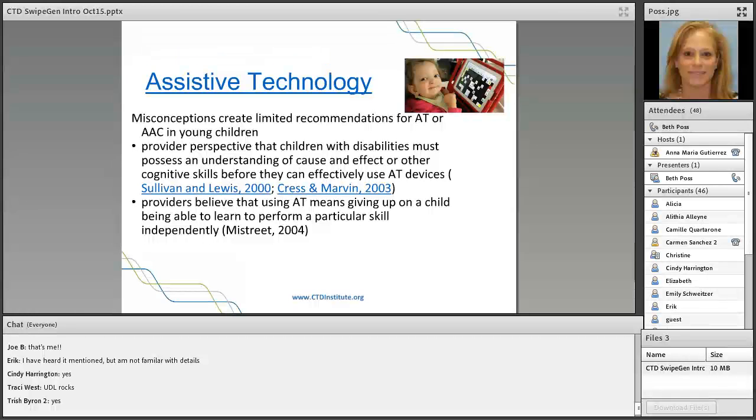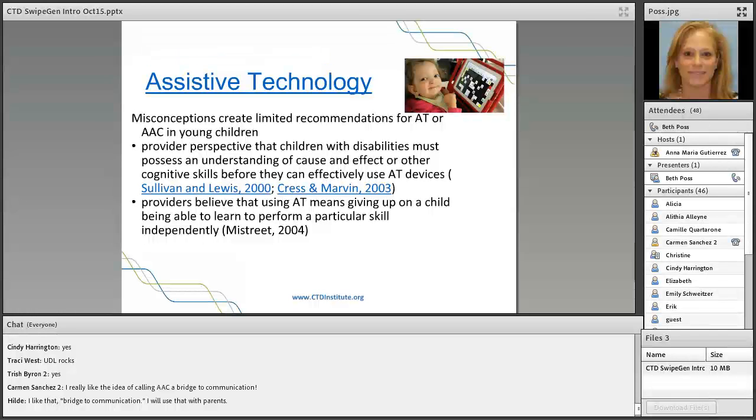And I think sometimes, when we talk about AAC as alternative communication, it really needs to be a bridge to communication instead of an alternative means of communication. For many children, it can be a bridge to oral language. So those are just misperceptions. I'm probably preaching to the choir here, but wanted to make sure that that was out there, and that we can help combat those misconceptions for young children, that we need to provide children early on with rich opportunities to